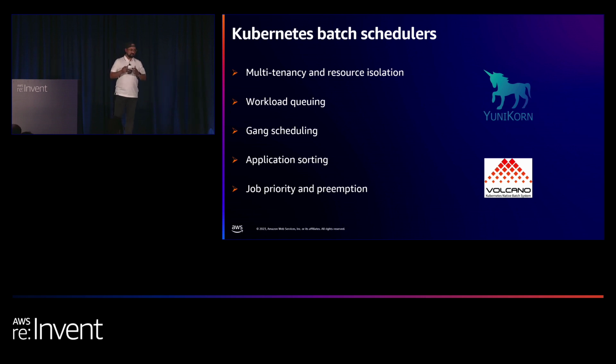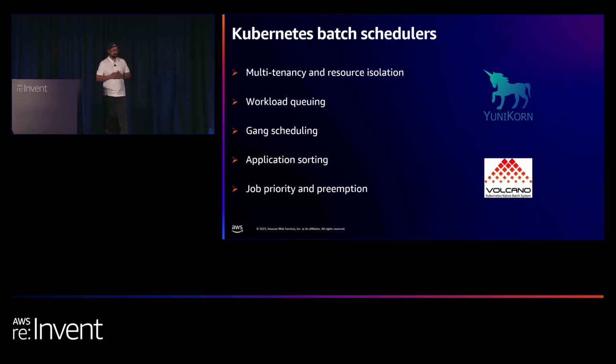It also provides various workload queuing. You can use fair scheduling or FIFO queues. And most importantly, gang scheduling. This is a key feature these batch schedulers offer. Like I talked about before, when you run a Spark job, it's a two-step process. The driver gets created by the scheduler, and the driver requests the executors. Then the scheduler will schedule those executors. As you see, that's a two-step process.